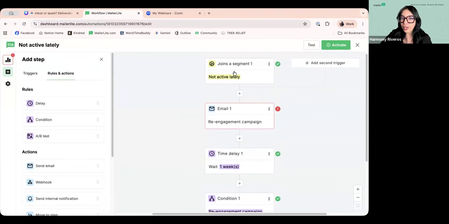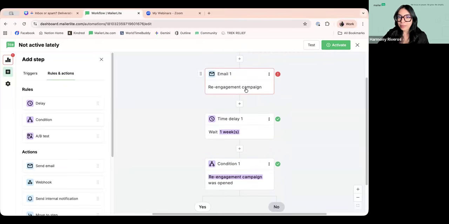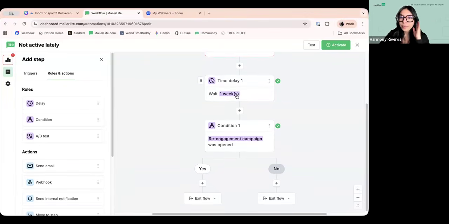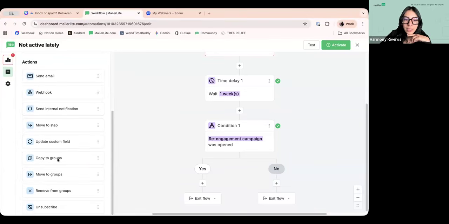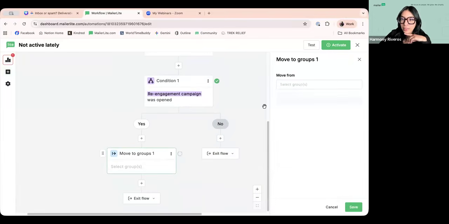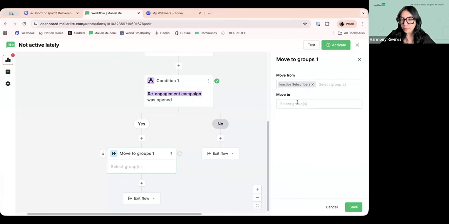So first, they joined our inactive segment that we just created automatically. They are sent the re-engagement email. A week passes, giving them time to engage with it, open it, and then we check if it was opened or not. Was the email opened? If it was, maybe we can move them to a group. So if it was opened, that means they actually are engaged. So maybe we move them from our inactive group